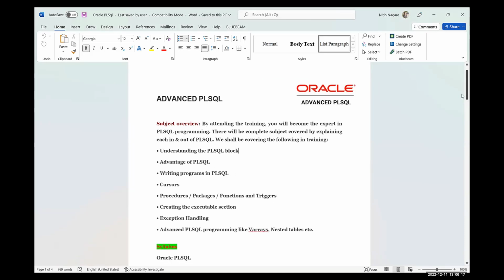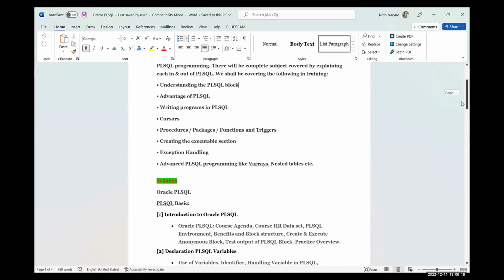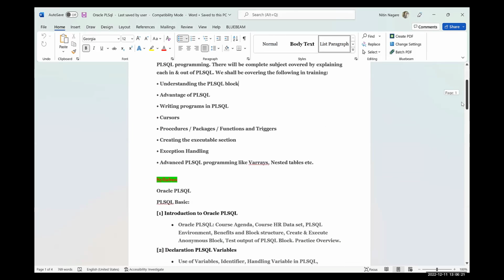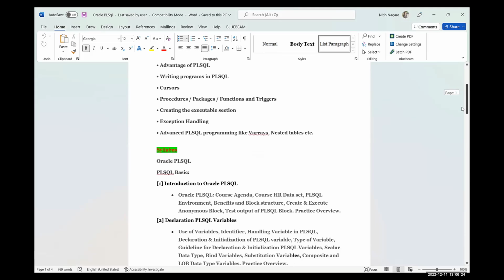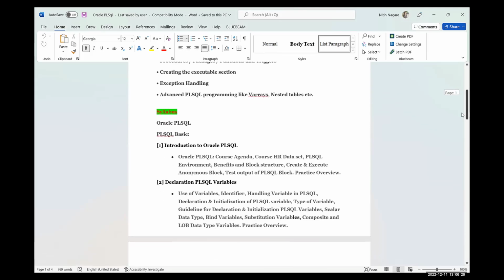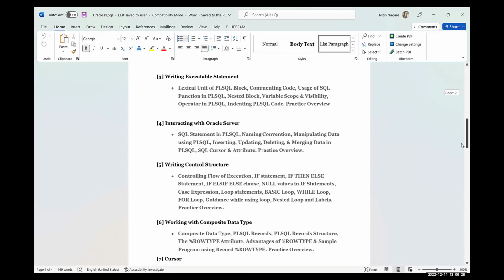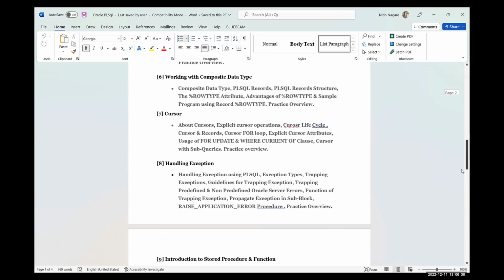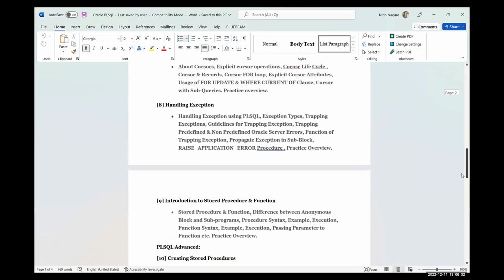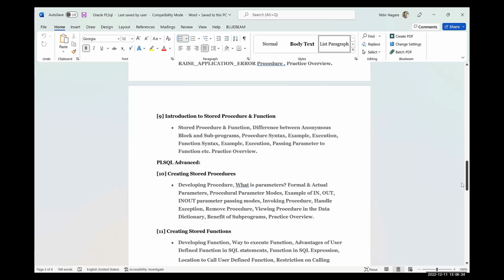We have the cursor concept, then procedures, packages, triggers, and exception handling. This will be our syllabus. We will cover it, and just trust me, if you practice daily, we will cover each and every point in 3 months.